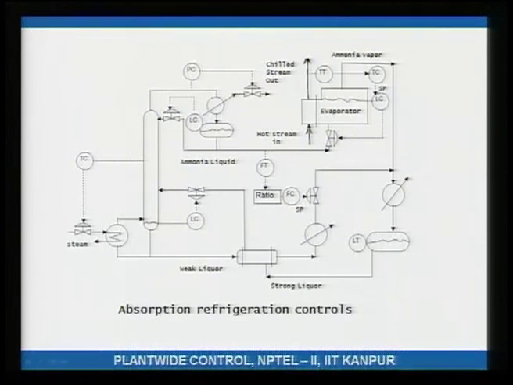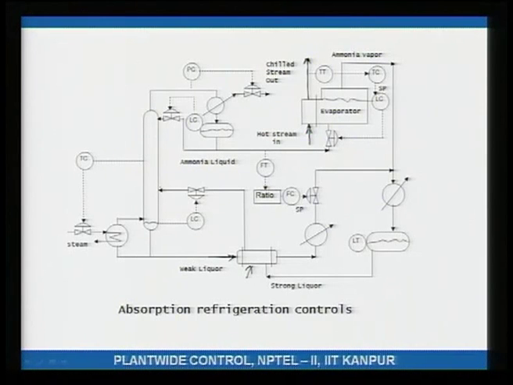So, this is heated. This is a process to process heat exchanger, this is a process stream, and the hot stream is also a process stream, which is the hot bottoms from the distillation column. I will tell you what the distillation column is doing. The strong liquor is heated and sent to a distillation column.